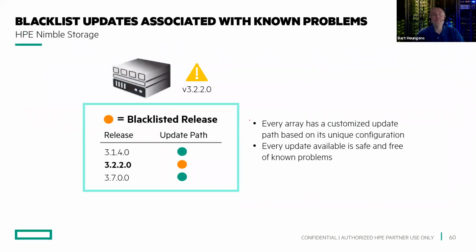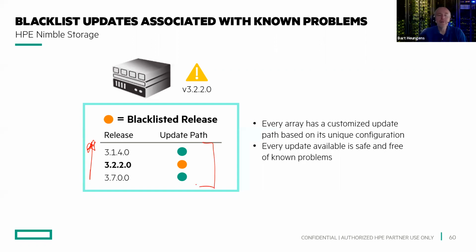Well, how does it work? It's all about the intelligence. It's working with blacklisting and whitelisting. And with all these releases, this is Nimble OS 3.1, 3.2, 3.7. Today we are much higher already, in version 5.x. But even then,